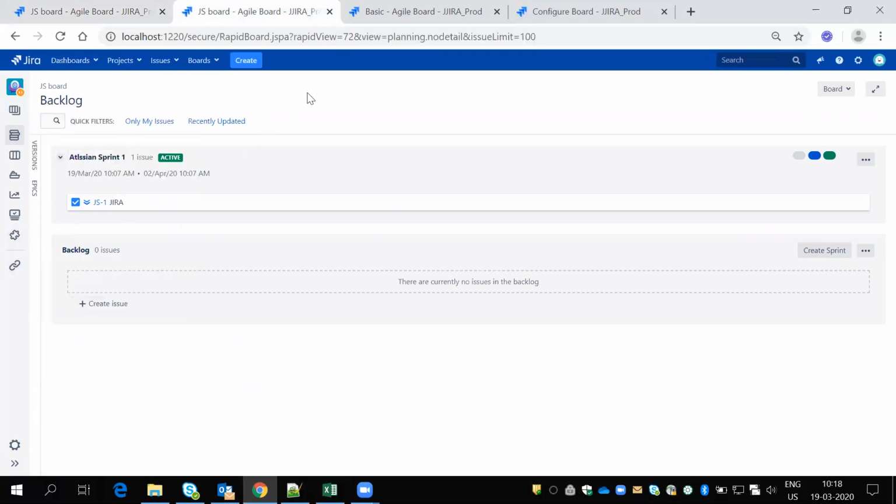So if you create a Scrum project with the help of business, the board and project will not be merged, and the two will give different views: the board will give board view, and the project will give project view. Okay, so if you want to make that, you have to change the project to software, and then the two things will be merged and it will give one view. Okay, so this is the Scrum project.